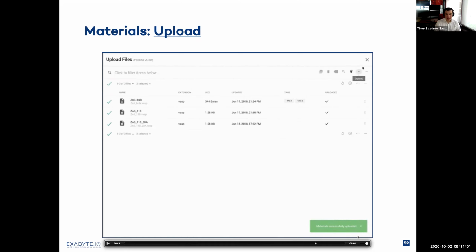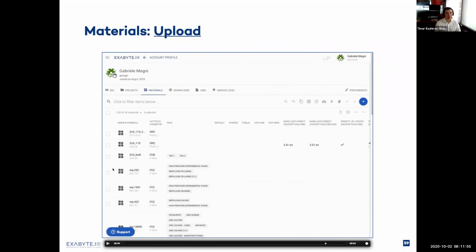So when we have the confirmation shown, we can see that new materials are created and now are available at the top of the list. You can also notice that we found that one of these materials that was just uploaded, in fact, already has an equivalent in the platform. And for this equivalent material, we have some calculation results. So this would be a convenient way to avoid redoing calculations